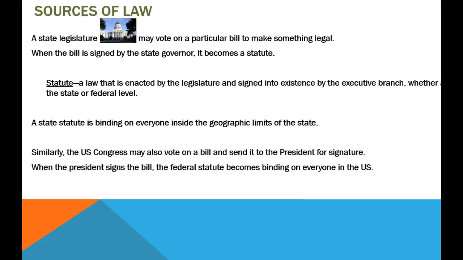Okay, so the first source of law we have is a statute. And with a statute, it's a yes or no answer. Did you commit or not commit what that statute was talking about? A lot of times people think, oh, if I just explain it, I won't get in trouble. Well, there are certain things that if you violate them, it's just a yes or no. Did you run the red light? Yes. Okay, then usually it's not going to matter why you ran the red light. You're guilty or liable for running that red light.